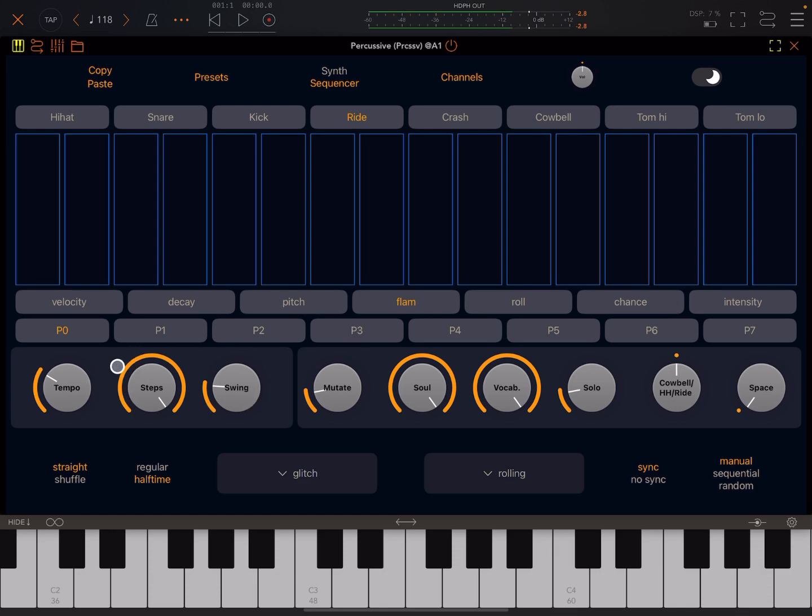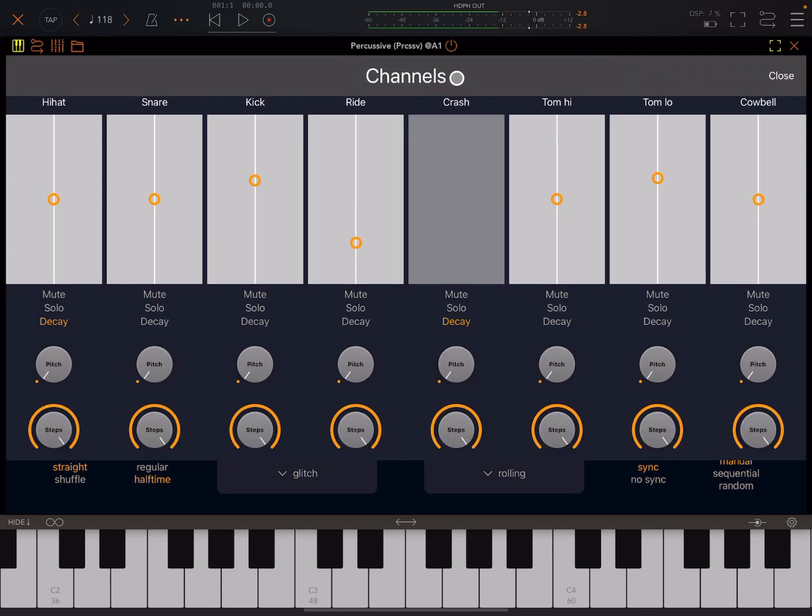Down here we have different knobs, like we can change the total number of steps and stuff. We can add swing. This tempo here is synced to the host anyway. We can go into channels and here set the level for each drum. We can mute or solo each one. If we turn decay on here, it means that